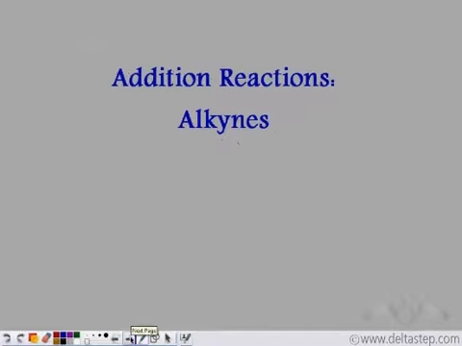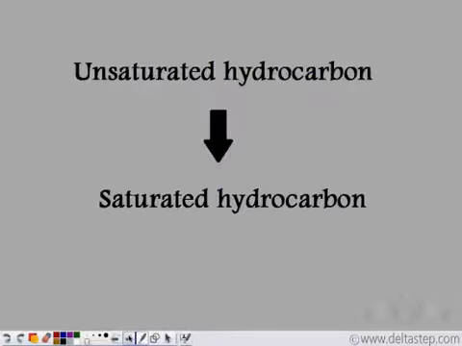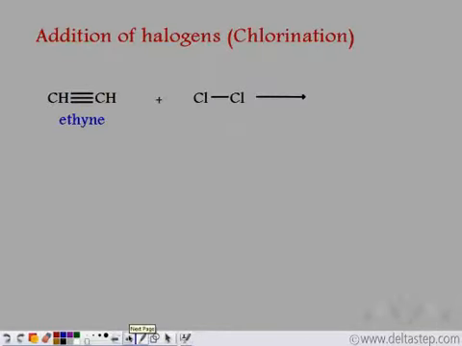Now let's move over to alkynes. We know alkynes are also unsaturated hydrocarbons. In alkynes, we have triple covalent bonds. Since they are also unsaturated hydrocarbons, they also tend to form saturated products. Let's see how do they do that. So we start with ethyne. Again, let's react ethyne with chlorine. This happens in two steps. First, the triple bond converts into a double bond, and then the double bond becomes a single bond. So from the unsaturated alkyne, to form the saturated product, we first change the alkyne to an alkene, and then the alkene changes into an alkane.